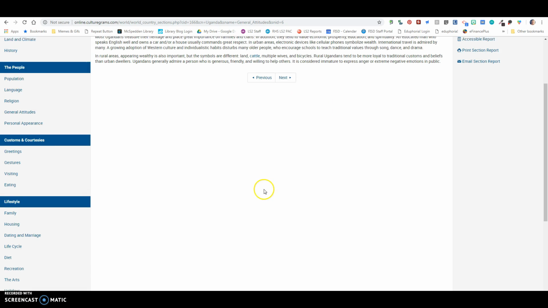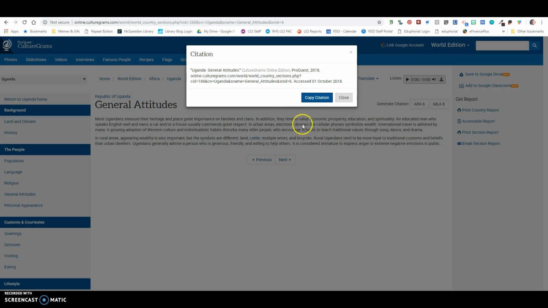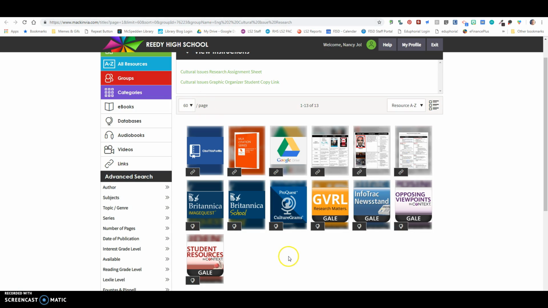Okay, so if I wanted to use this article, I can grab my citation right here. Okay, and this is what I would put in my works cited page if I were going to use any of this information. Okay,